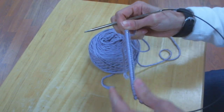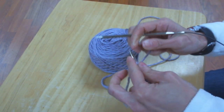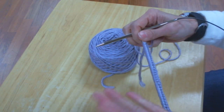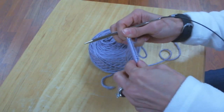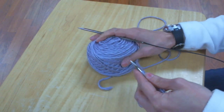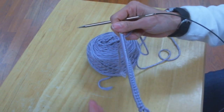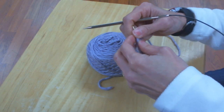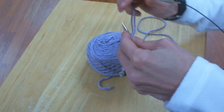So you cast on 34 stitches. I'm using the Diamond Luxury Mulberry Merino wool, so it has mulberry merino and silk in it. It's a beautiful yarn to work with, really extremely soft as well. On a size 5.5 millimeter needles, you'll cast on 34 stitches, and we're going to start with the first